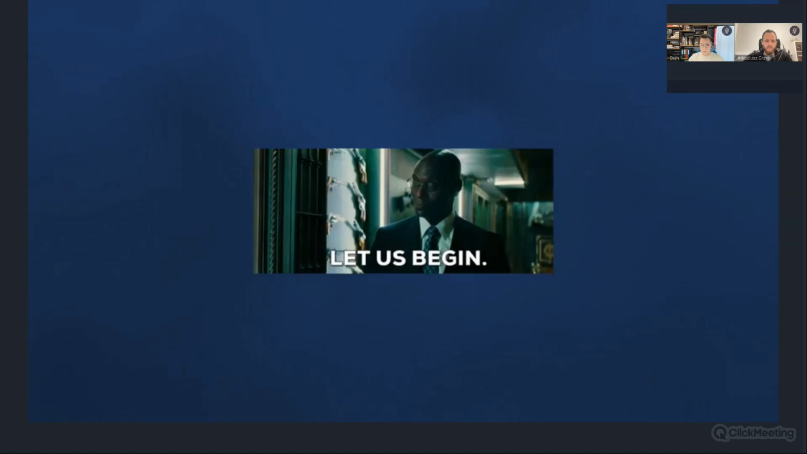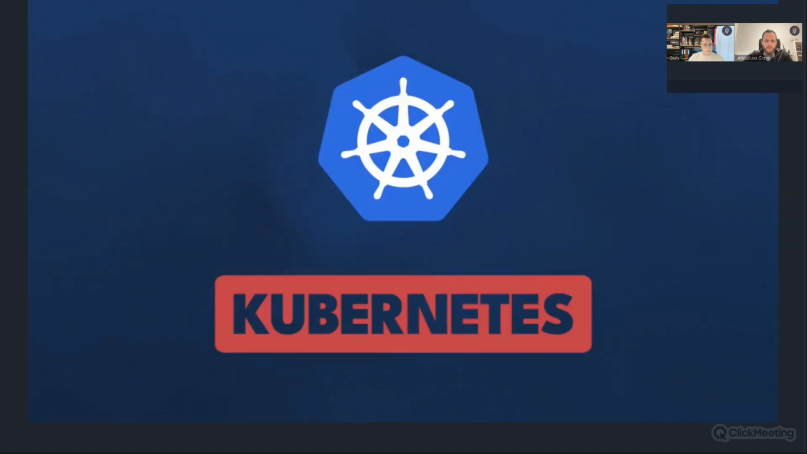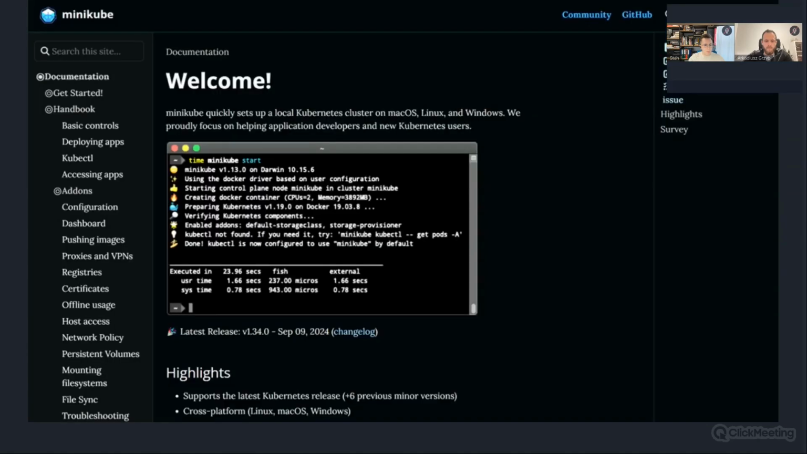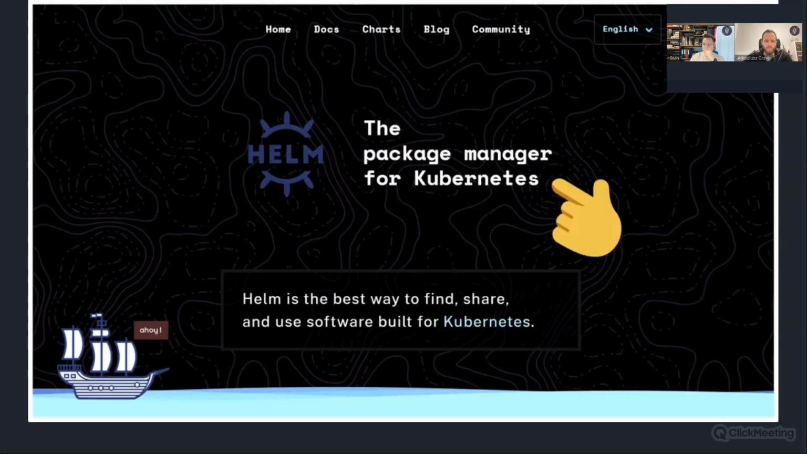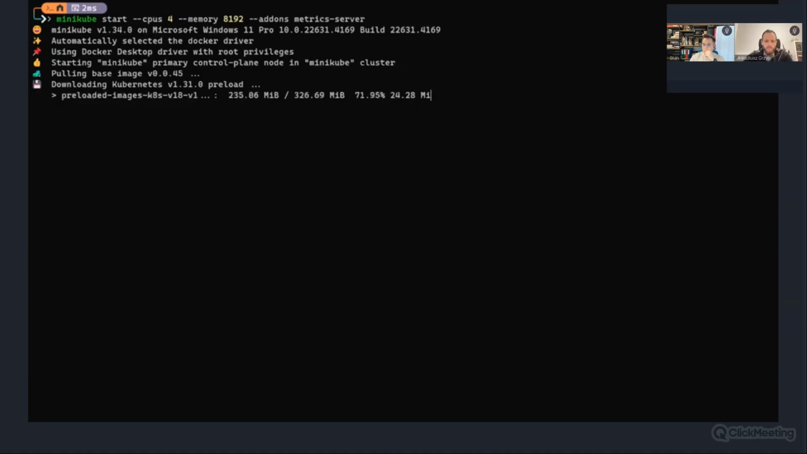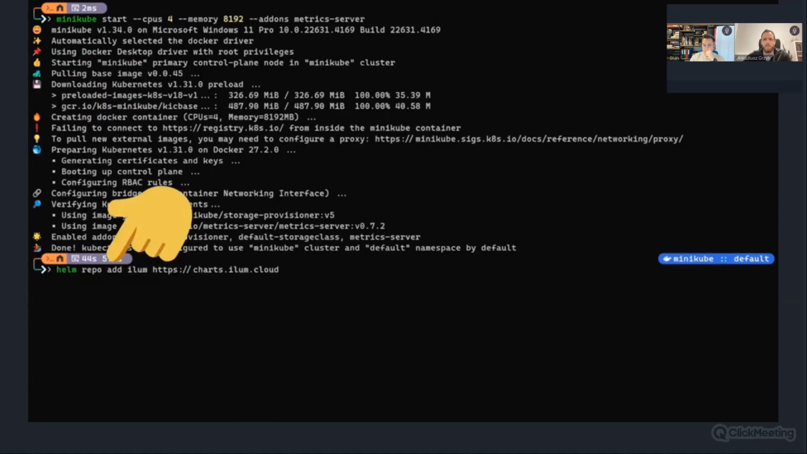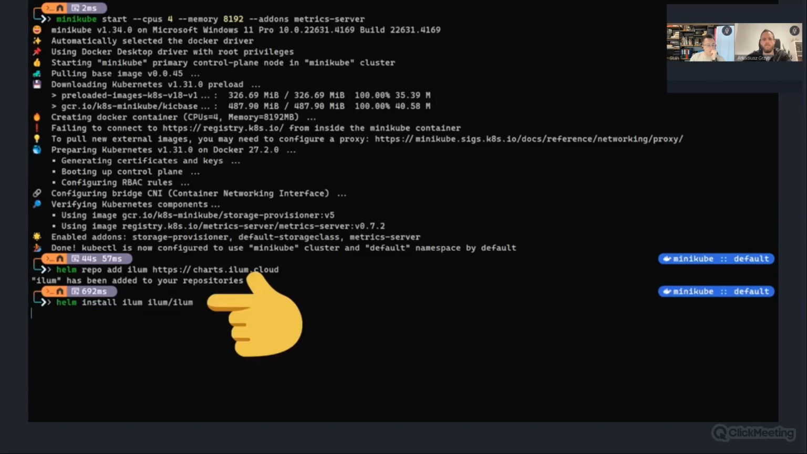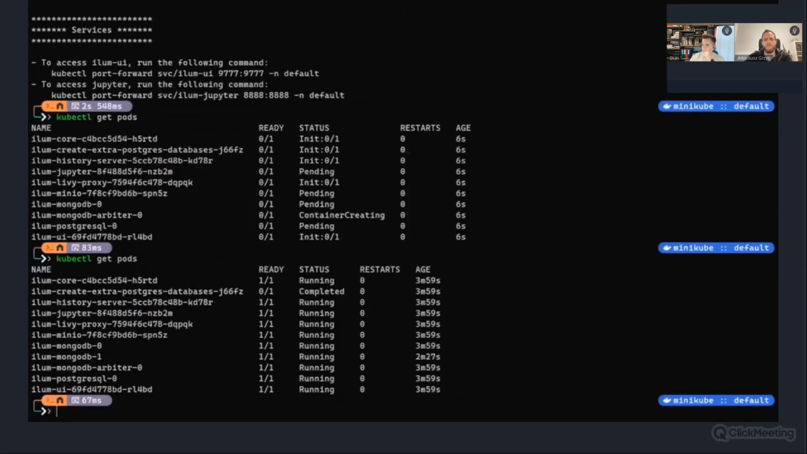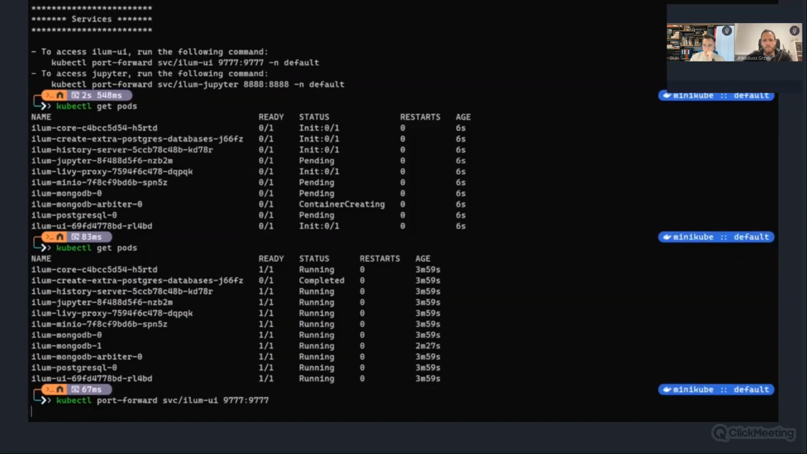To get started, you will need two things. A host Kubernetes cluster, a local Minikube for testing is more than enough, and Helm, a package manager for Kubernetes. Start your Minikube cluster with the minikube start command. Add the Ilum Helm repository and install the Ilum package. After a couple of minutes, check whether all the pods have the running status and expose the port the UI